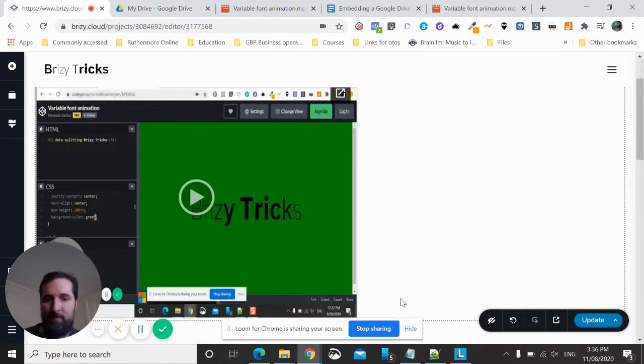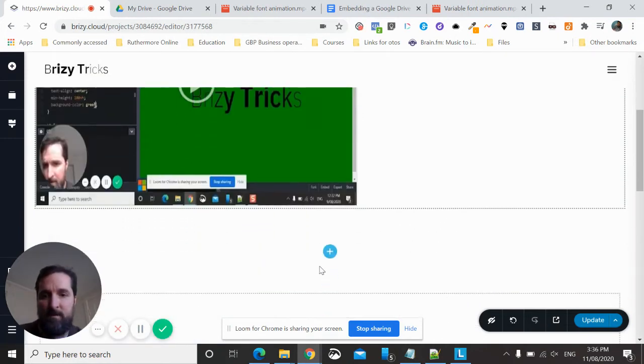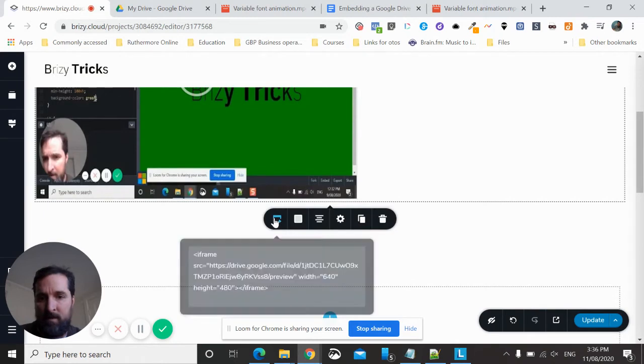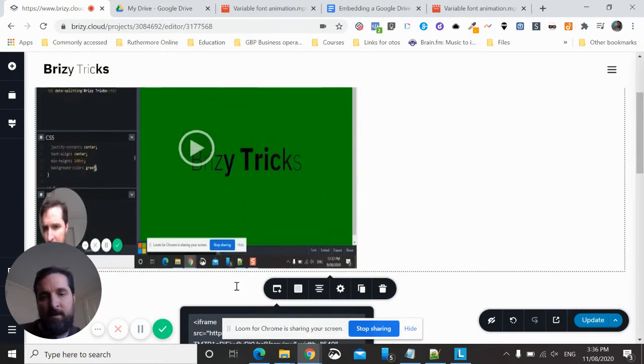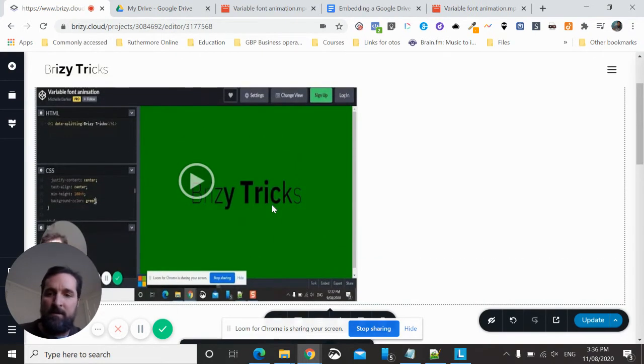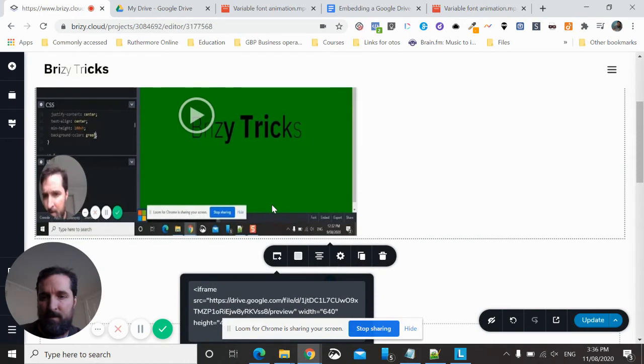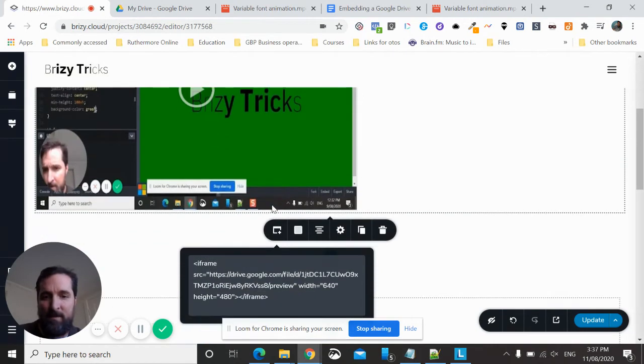Now, the issue with this is, as you can see in this embed code here, it's got sizing. It's got width is 640 and height is 480, which is not ideal because you're stuck with whatever sizing your embed code gives you. You can play with these sizes and make it fit, but then it's not responsive to whatever page you're working on. So instead of doing it that way,